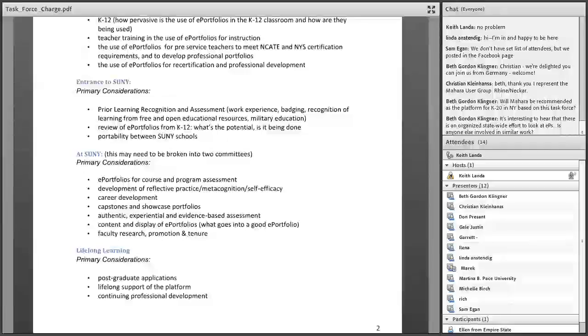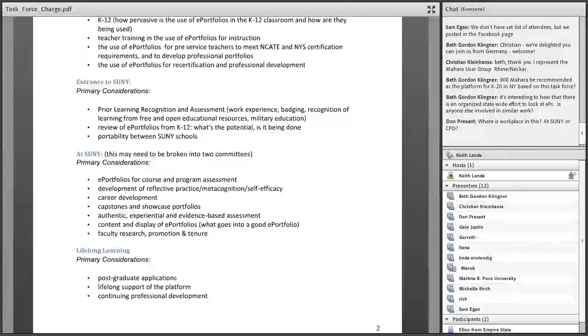I don't know if there are any questions. We are working on getting a number of non-SUNY folks involved. Obviously, we want to get business representation on the task force, education. Where is workplace in this? Workplace issues is one of the aspects we're meant to look at.